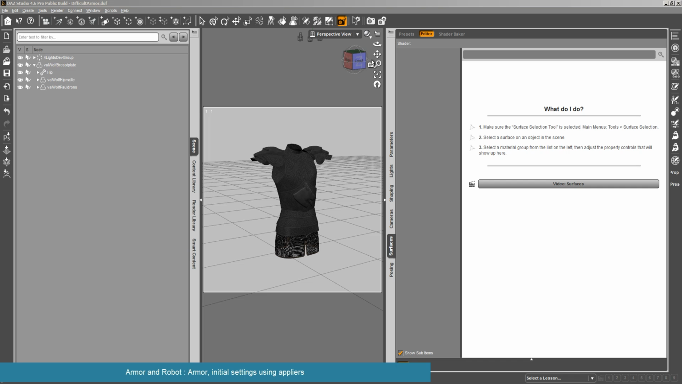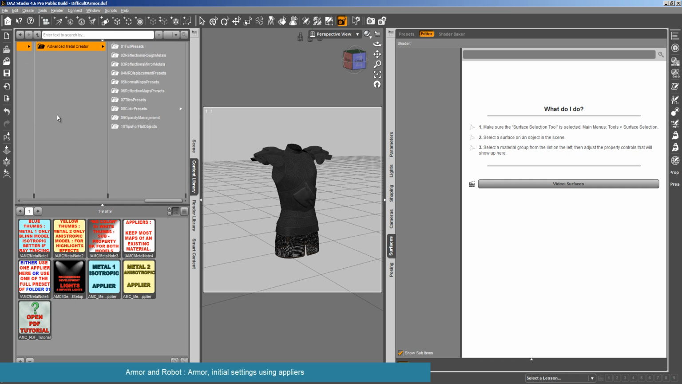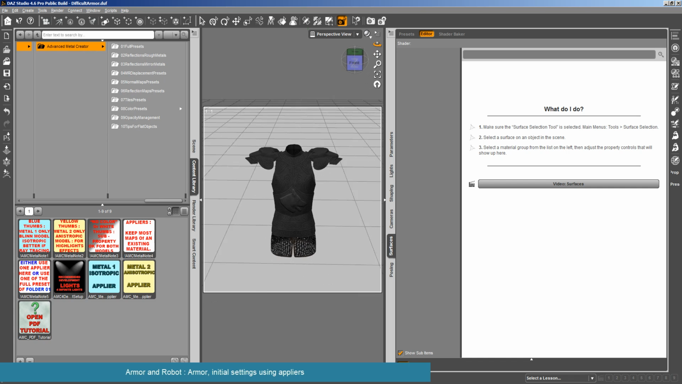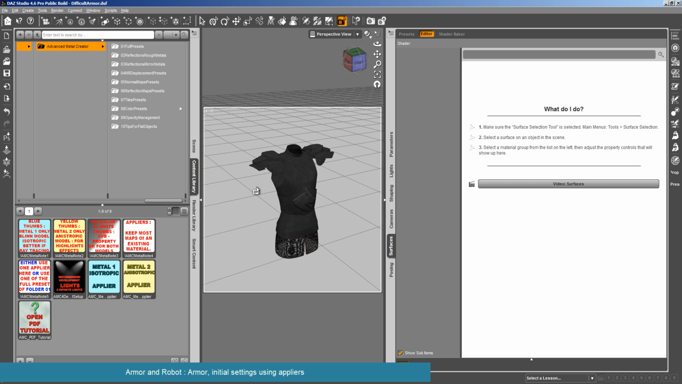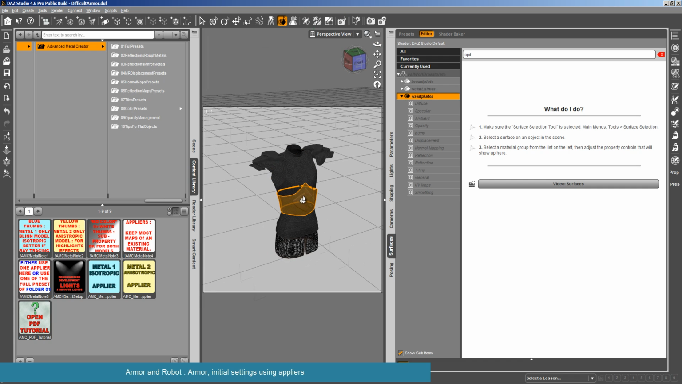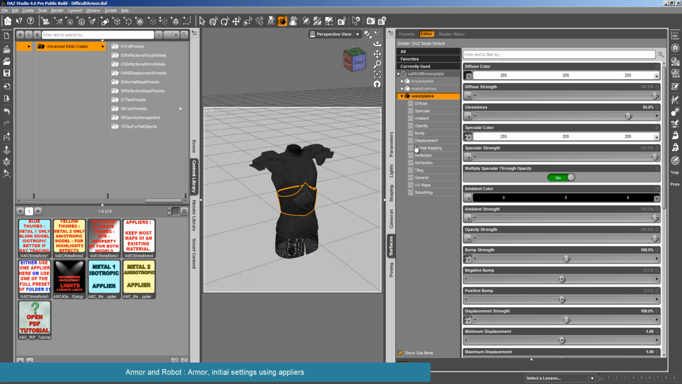This presentation will concern how to apply Advanced Metal Creator and optimize it on things like armor and robots. Robots are very similar to armors, since robots are just an armor without anybody inside. I have chosen this specific armor first because I find it beautiful, and then because it presents a